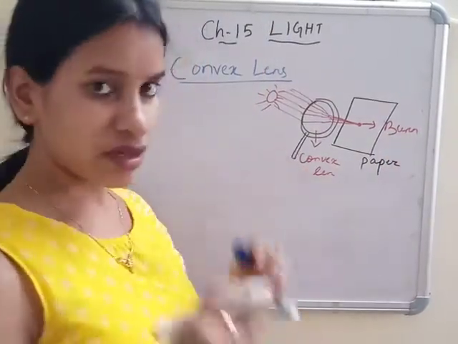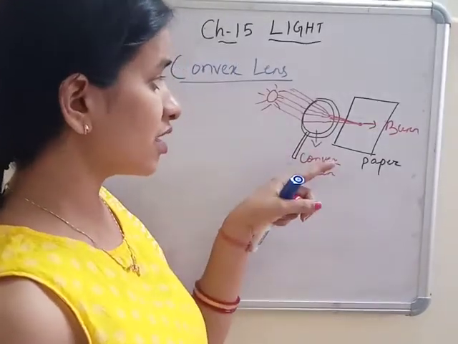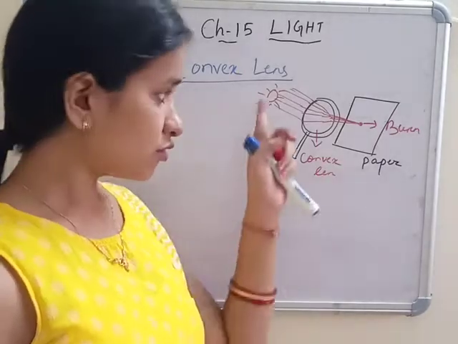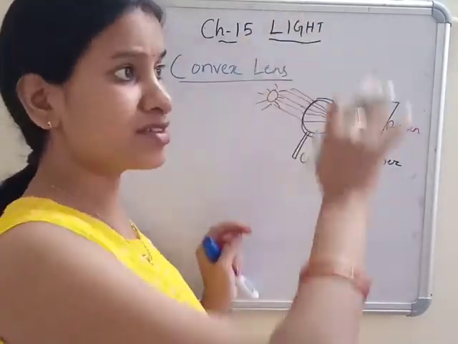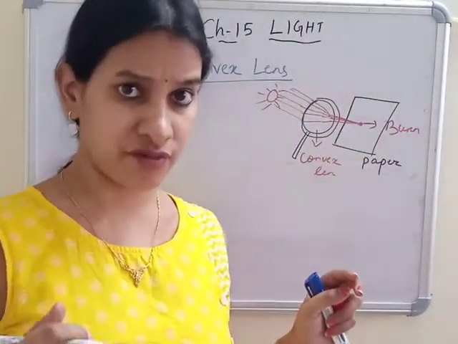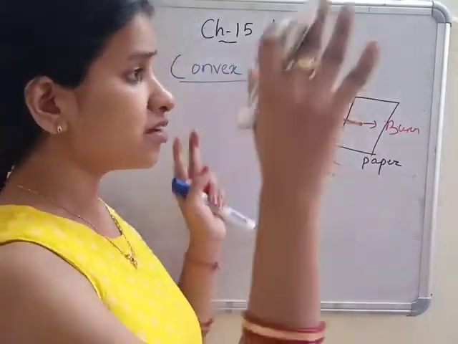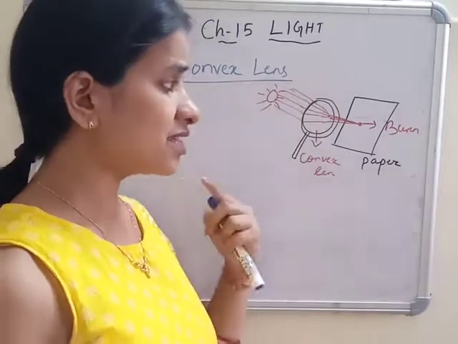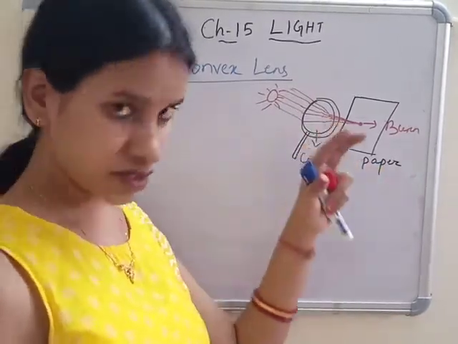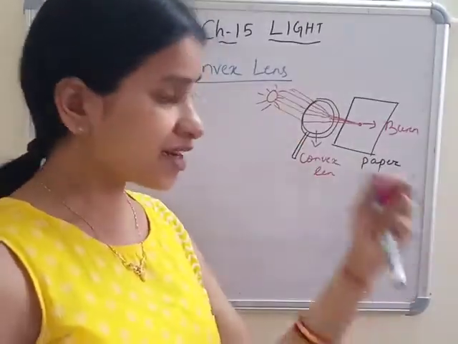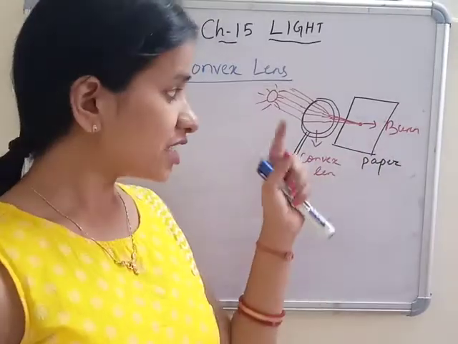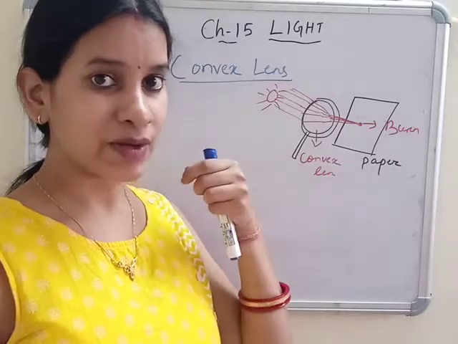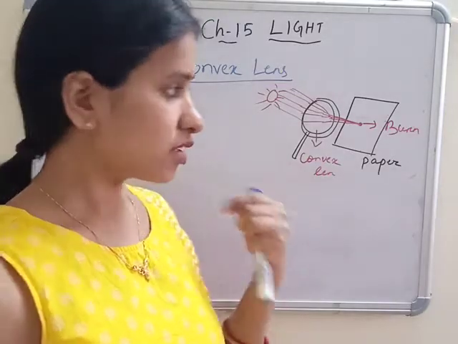So here you can easily find out. It is a magnifying glass which is going to focus at a particular point. From this activity you can know, okay, the sun is infinitely far away from us, and all the light is coming from all directions. But this convex lens helps us to focus all the rays at a single point. That's why this is used for magnifying. In the magnifying glass, it will be focused at a particular point and make it enlarged.